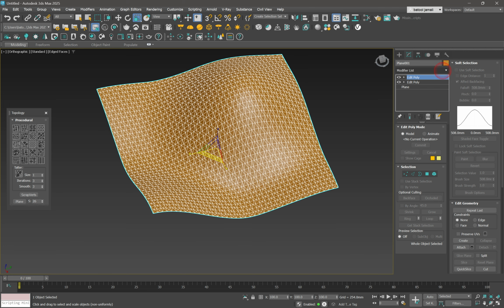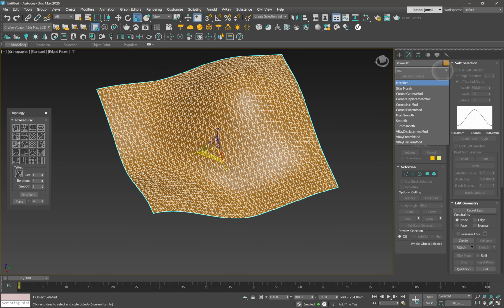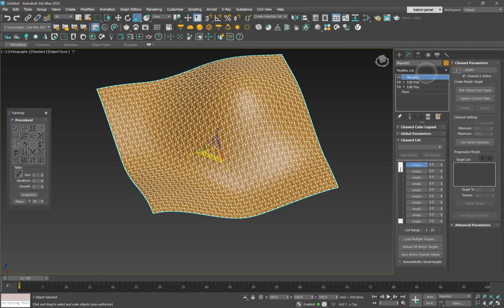I'll select this and then I will add Morpher. In the Morpher Modifier, I have different states to have here. They can either be different objects or the same object with different states. So what I'm going to do is I'll go to the first slot here, and then I will go to